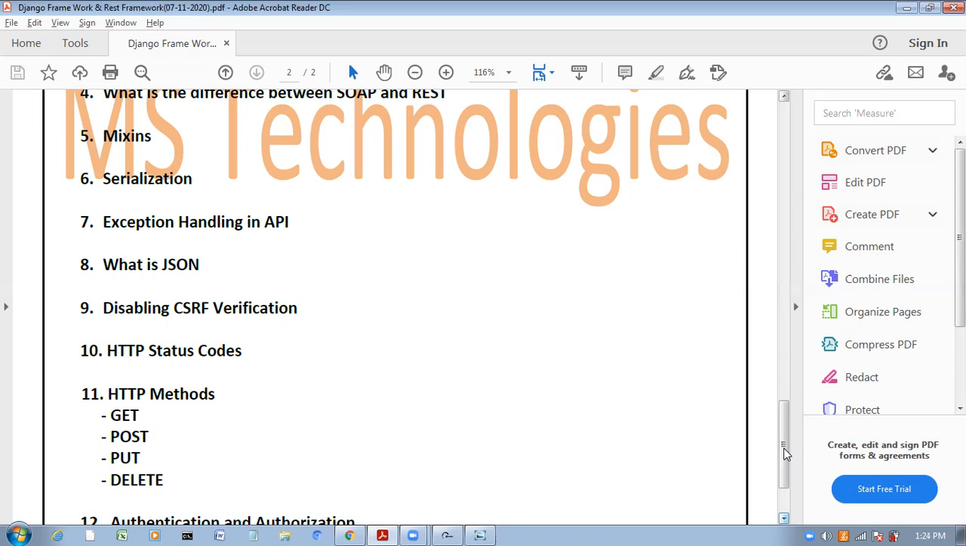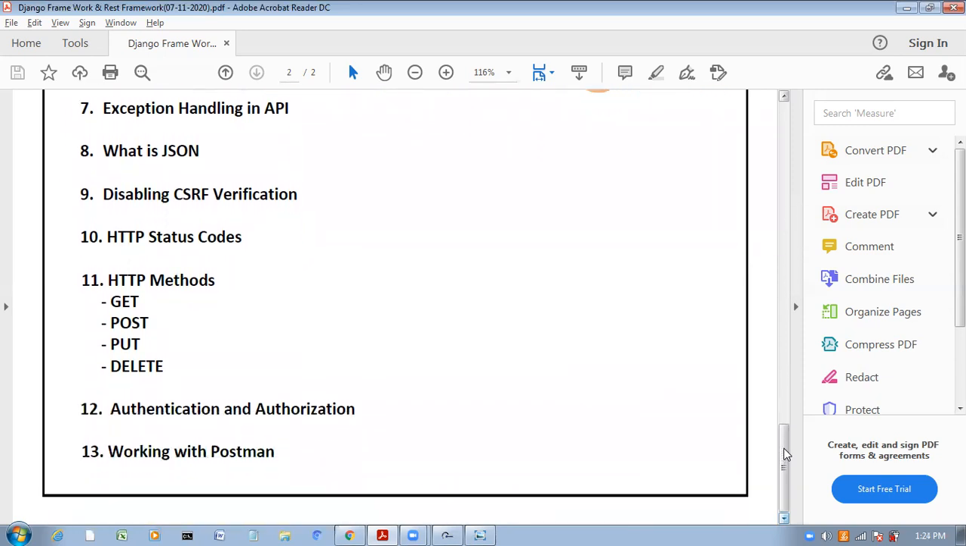After completing these HTTP methods, we are going to discuss authentication and authorization and how we will perform authentication, what is basic authentication, what is token authentication, what is JWT authentication, what predefined authorization classes are available, each and everything we are going to discuss here. After completing this authentication and authorization, we are going to use some tools. Here we don't have a front end, so how can we perform testing